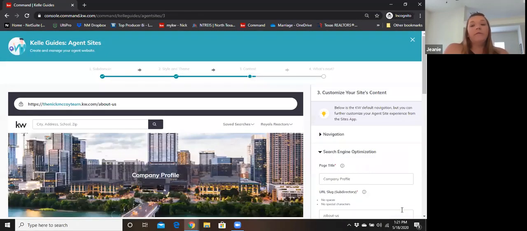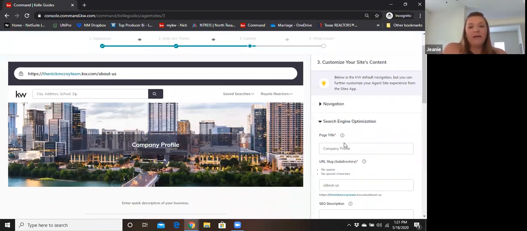Now it's going to take us to our first page, or I guess second page whenever you're in the drop down. This is what they're calling the company profile page. You can change the name of this. So right here, the page title is showing company profile. You can change that to